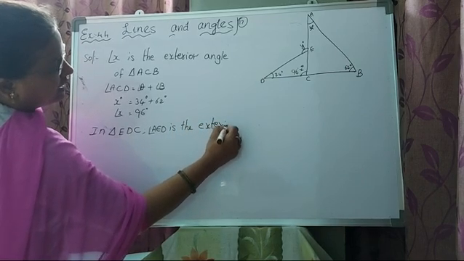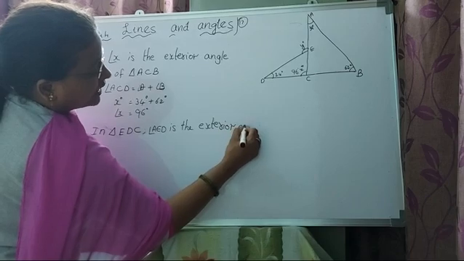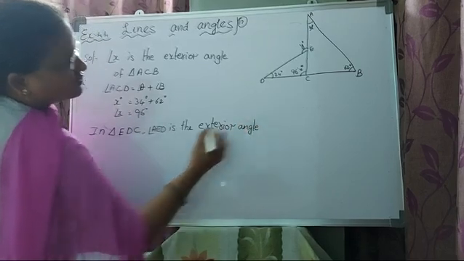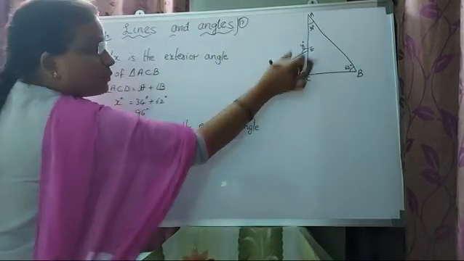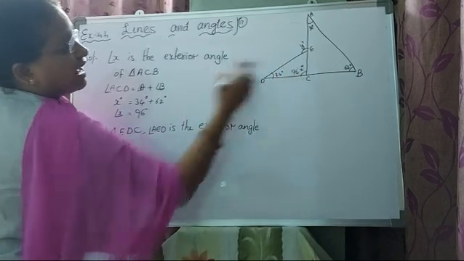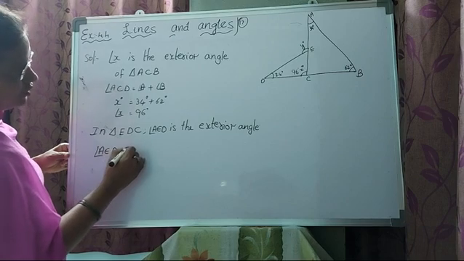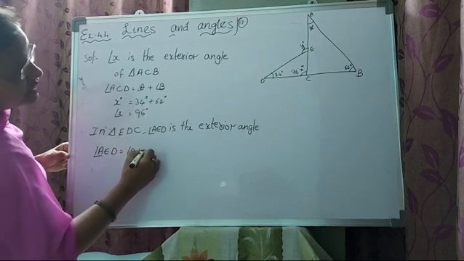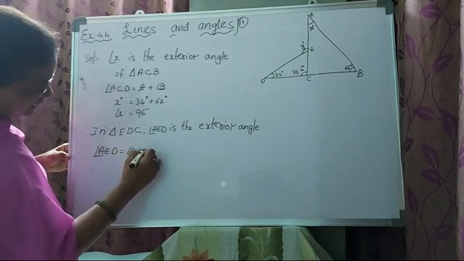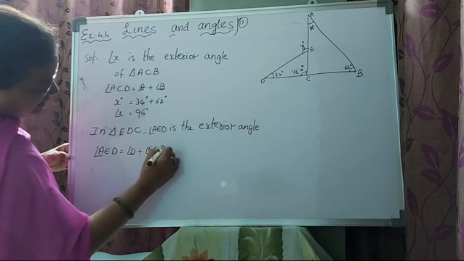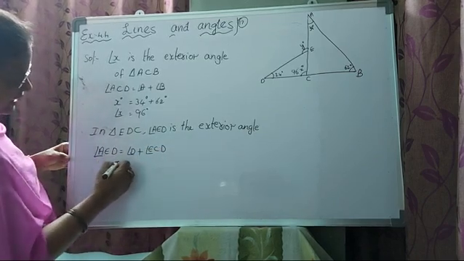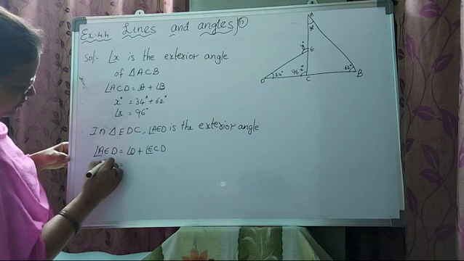The exterior angle is equal to the sum of the opposite interior angles. Angle AED is equal to angle D plus angle ECD. So angle AED, that is Y degrees,